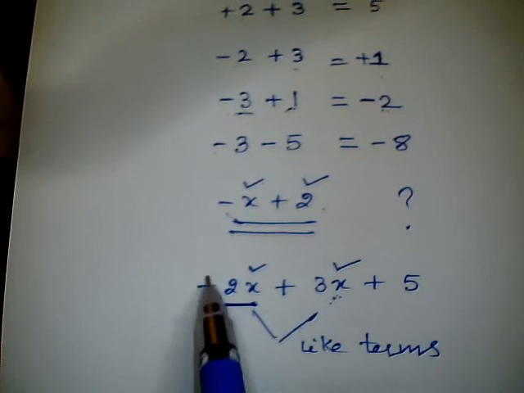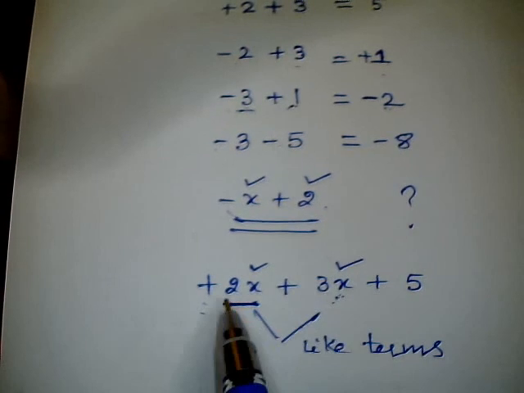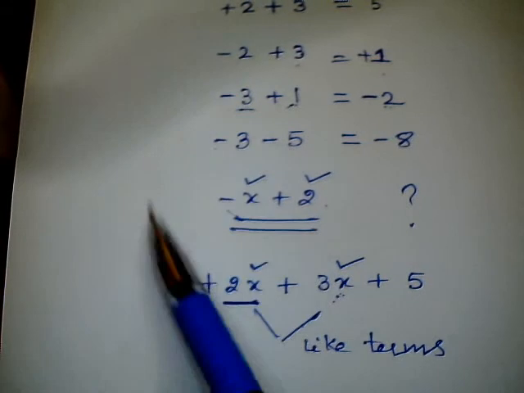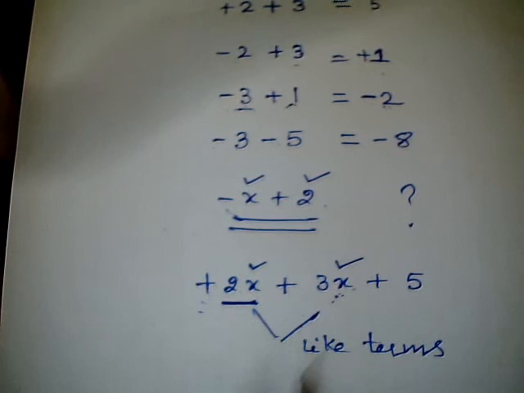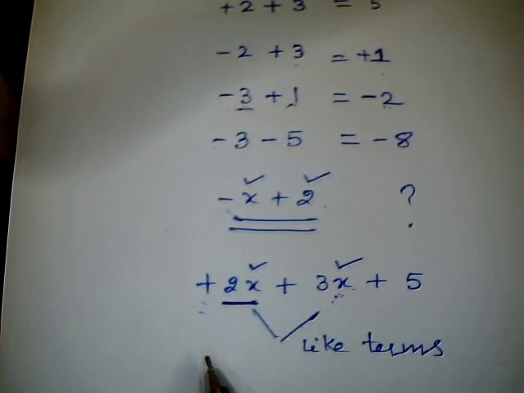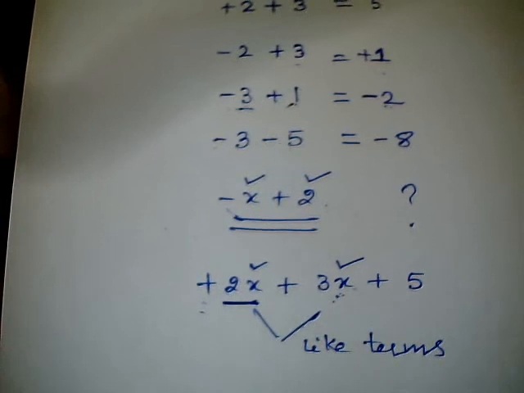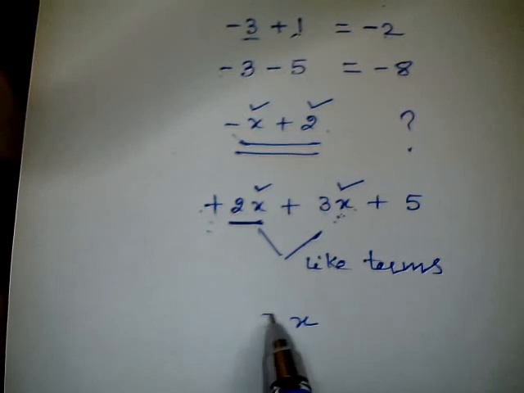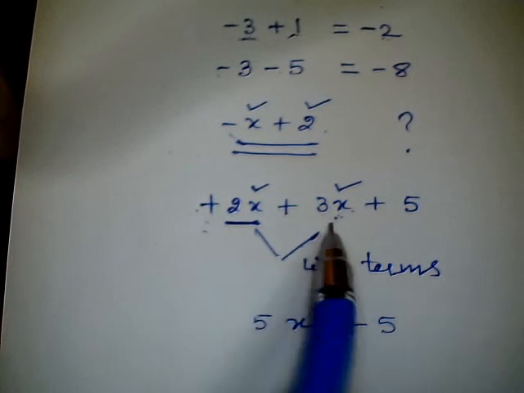And how to add the numbers when they are given with the variable? How we used to do for numbers, the same we need to do for this, and the variable is going to be the same. So here only the difference will come in the number, the variable is not going to make any difference. X is going to be x. I have written 2 is also positive, 3 is also positive, so they will get added, it's going to be 5. So what is happening, only the numbers will get added or subtracted as per the sign and the variable is going to be carried out the same way.